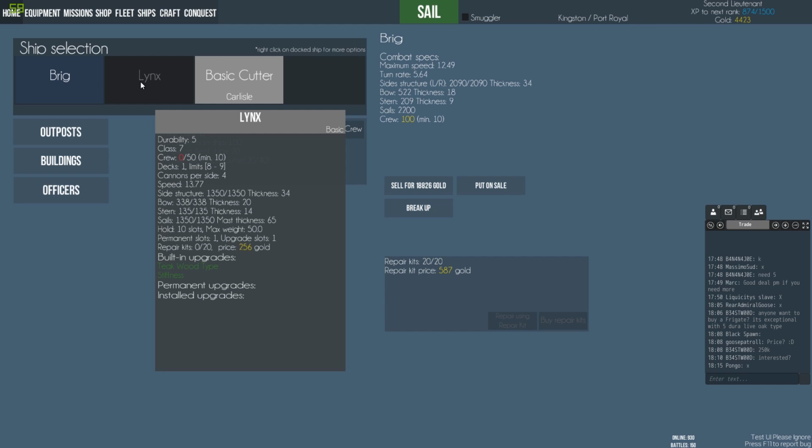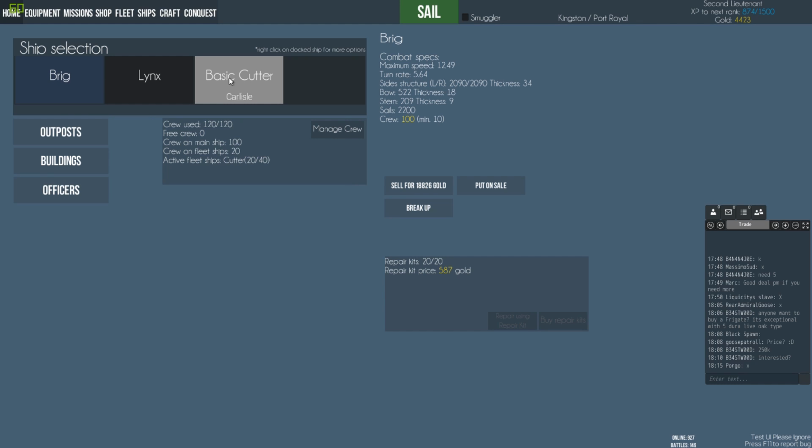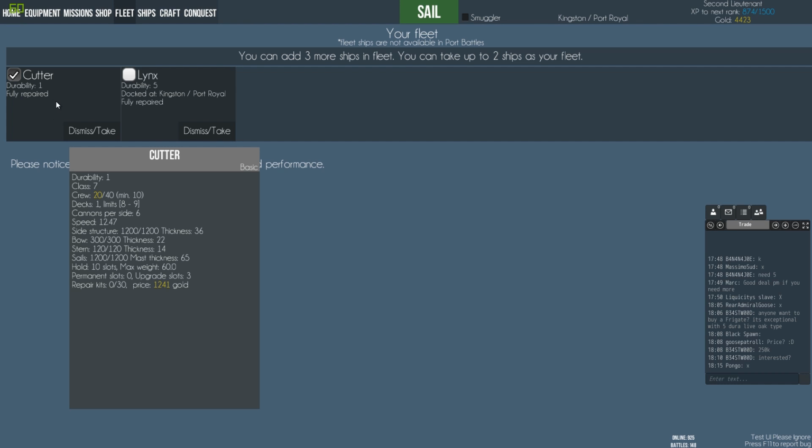So now I have this Lynx here, and it's not at Carlisle like my basic cutter is, it's here with me. So what I can do is send this to Fleet. So now it's sent to Fleet. It's disappeared off of here, which means that the basic cutter I had, which is in Carlisle, is obviously not in my fleet. So this cutter I've got here,